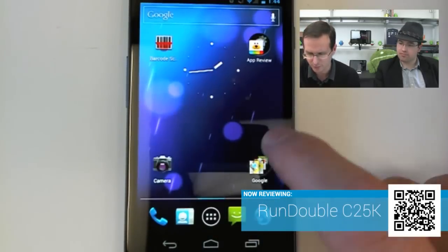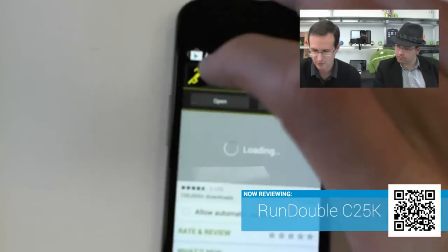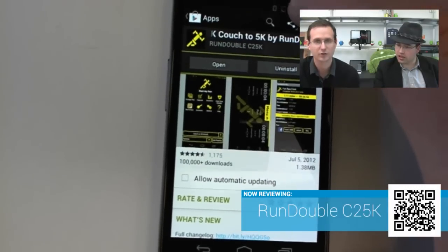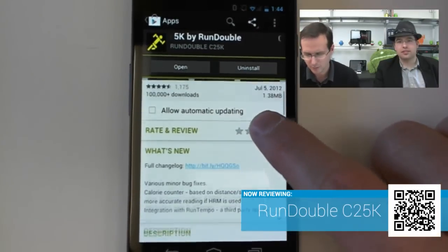All right, so I'm going to have a look in the Play Store, because I have a suspicion. I'm just going to slide this back while I bring up the right app. Okay, C25K. Yeah, also that icon. Yeah, it's a little unfortunate. But what I'm